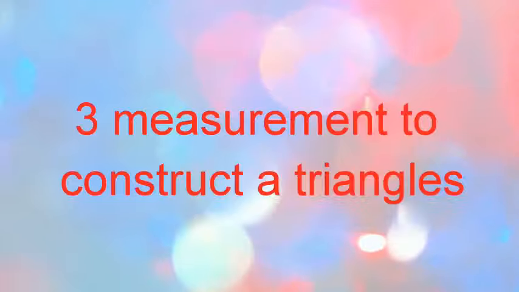Today we are going to start a new chapter of your syllabus, that is practical geometry. In class 7th, we had studied that we required three measurements to draw a triangle. Since three measurements were enough to draw any type of triangle, it can be a scalene triangle, equilateral triangle, or isosceles triangle.